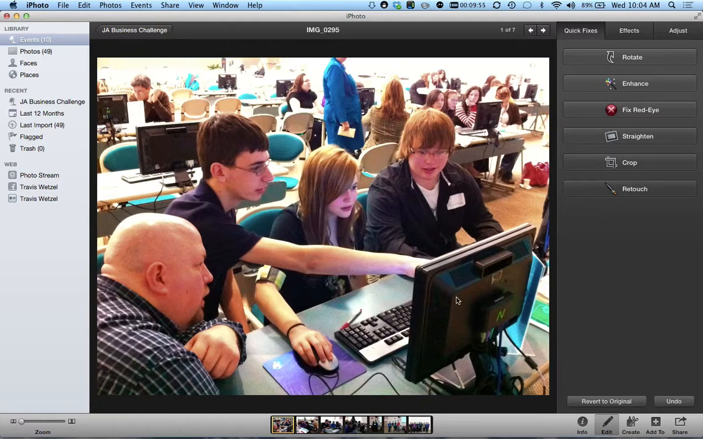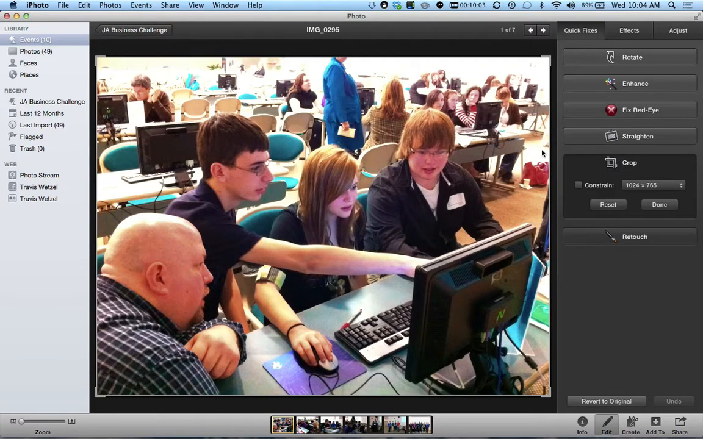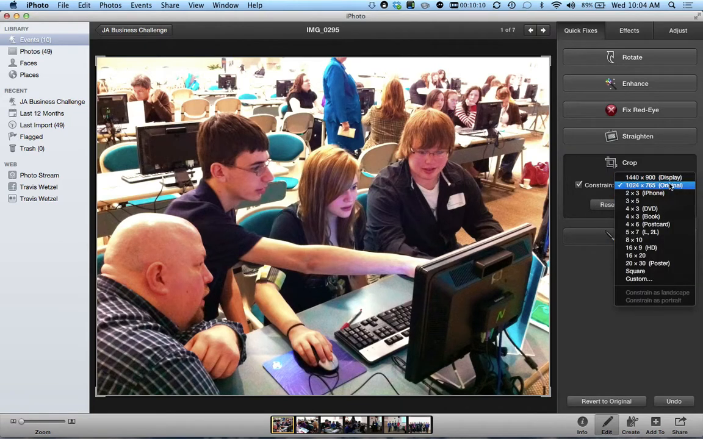Okay, what I might want to do is crop this, just because I don't really need to see this lady standing behind them. It's really kind of too much at the top there. When you use the crop tool, you can constrain it to the original aspect ratio, or you can change it to a different aspect ratio. So maybe you want to crop this as a square,